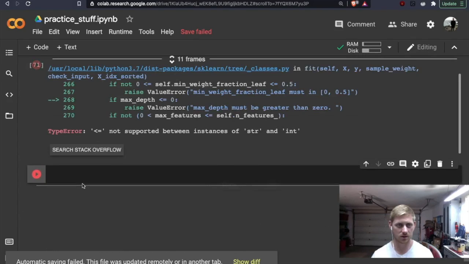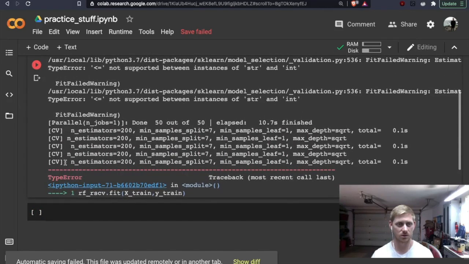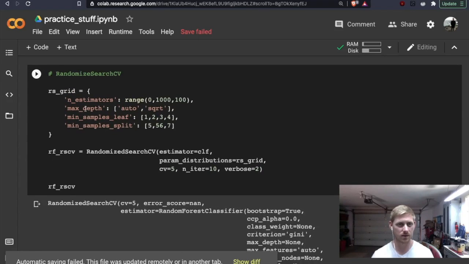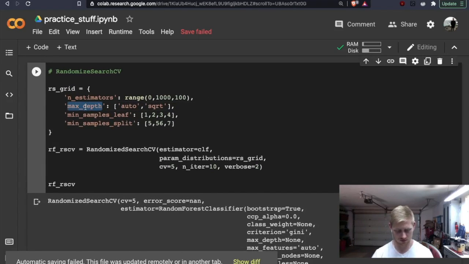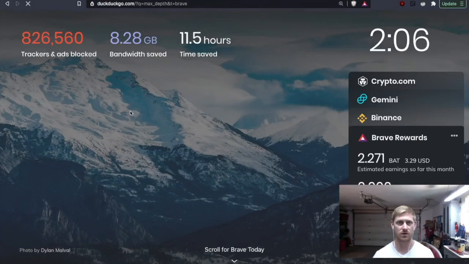No, go back. So not supported between an instance of a string and an int. So why would that be? Would it be max depth? That's why we chose square root. So what could max depth be? So max depth is generally none. So I'm assuming that that's fine as well.